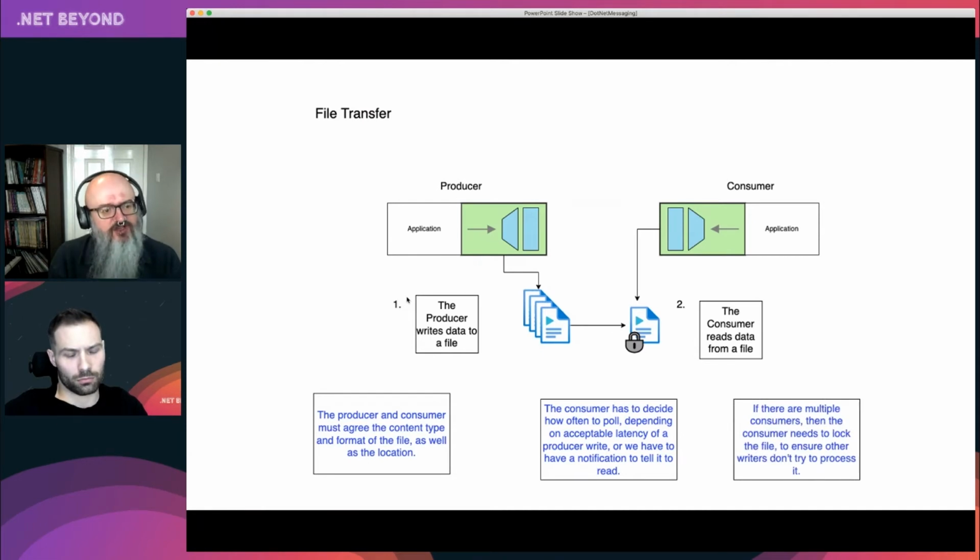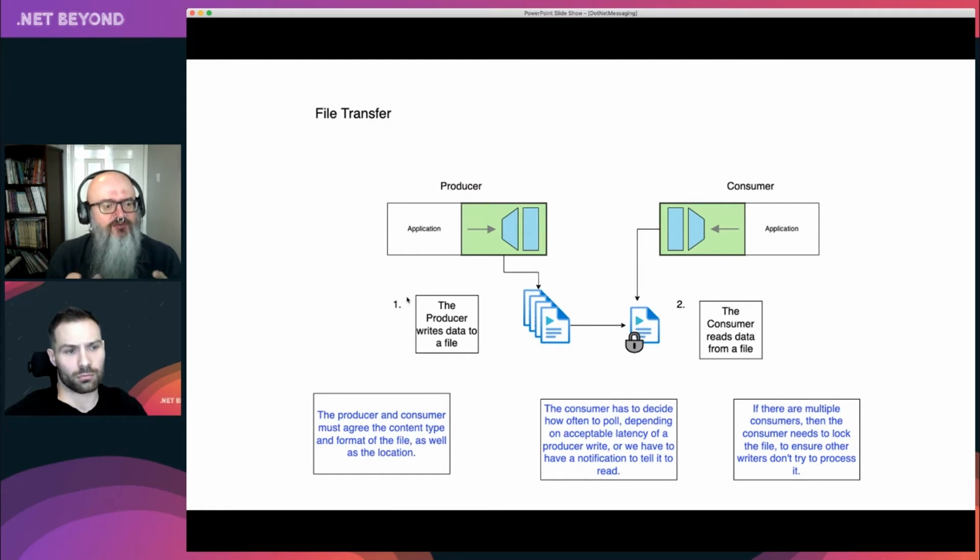And then it can get complicated if we want to start doing scaling, right? Because we have to start saying, well, hang on a minute, can I read the file right now, or are you writing to it? So who has a lock on the file? If we want to scale the number of consumers, are you reading that file and I read this file? How does that all work? So we can rapidly get into the complexity of file transfer.